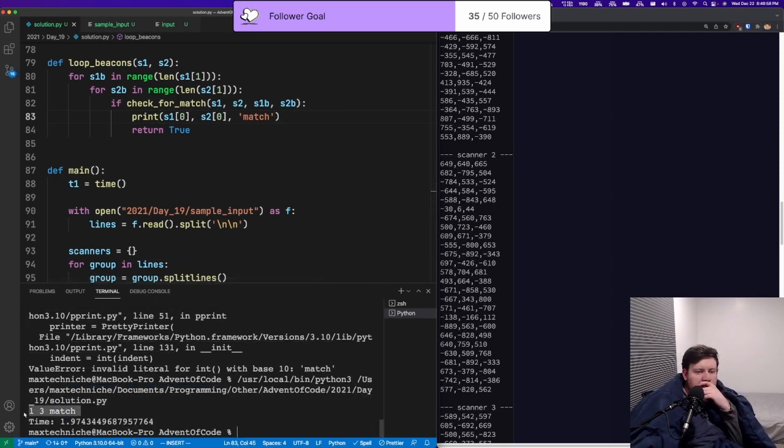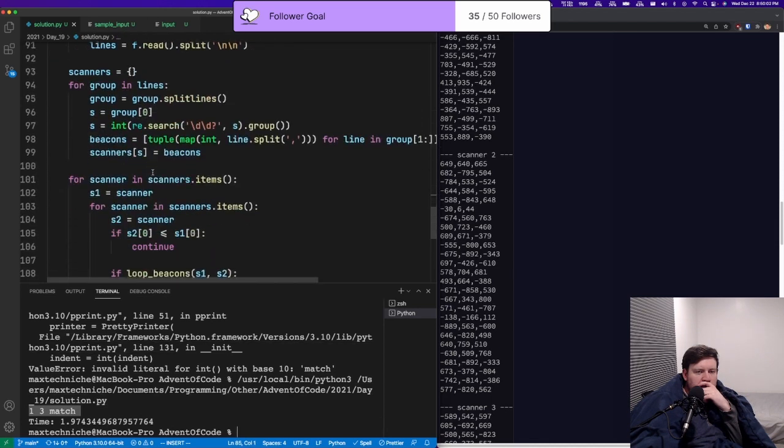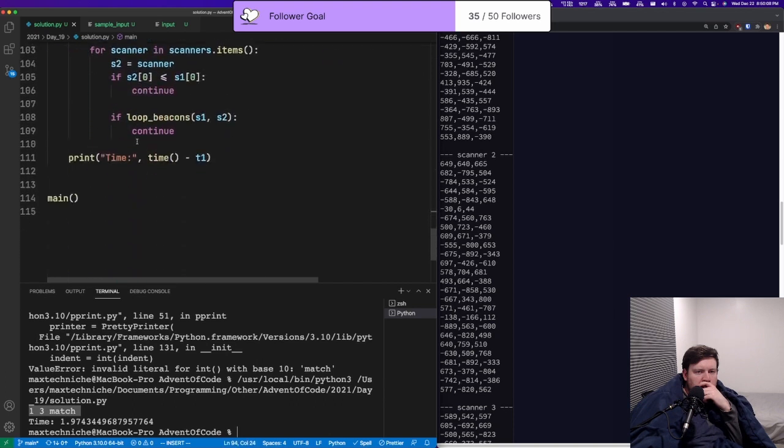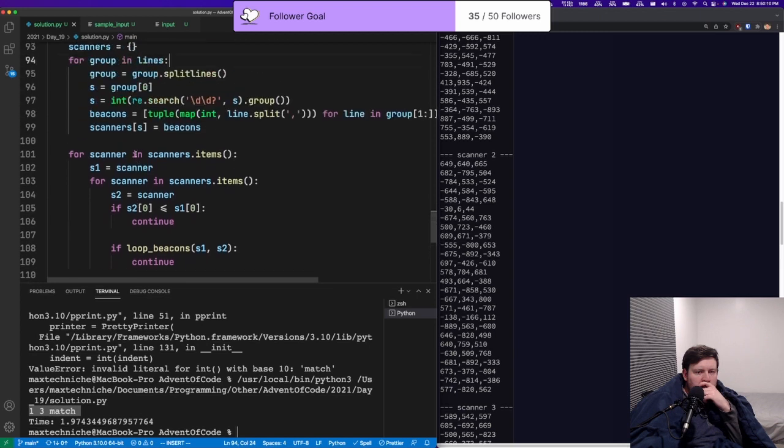So in this case, it's finding 1. Let me re-put in